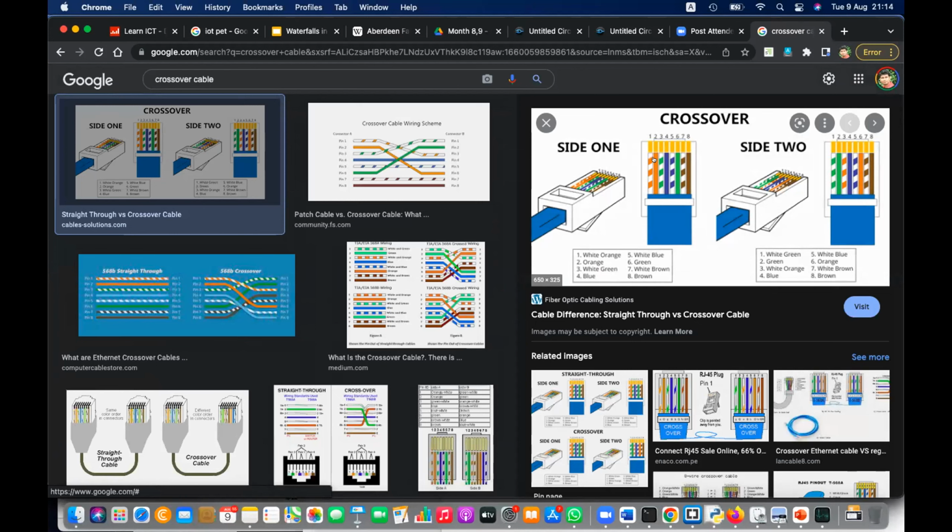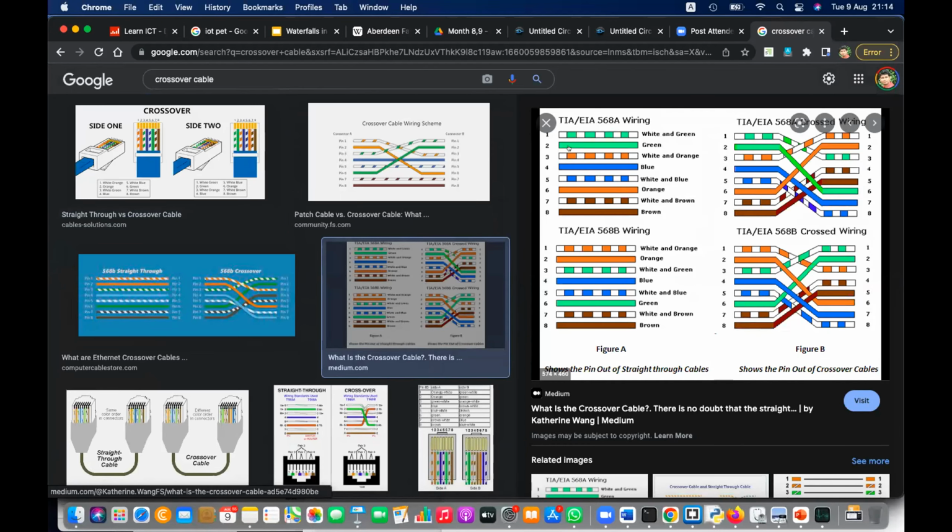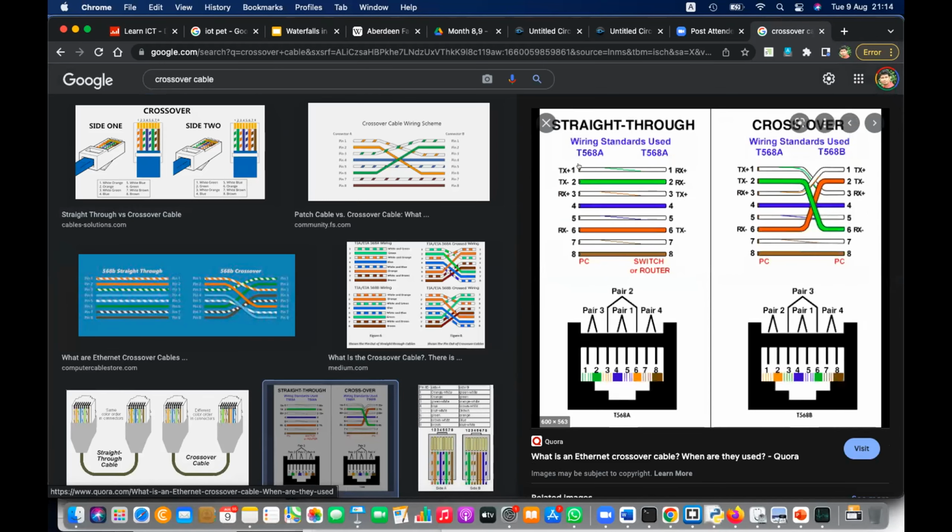A twisted pair cable has 8 wires. In a straight cable, the 8 wires are connected directly. But in the crossover cable, the wires are swapped. So one side has the 8 wires this way. We call these wires green white, green, then orange white, blue, blue white, orange,